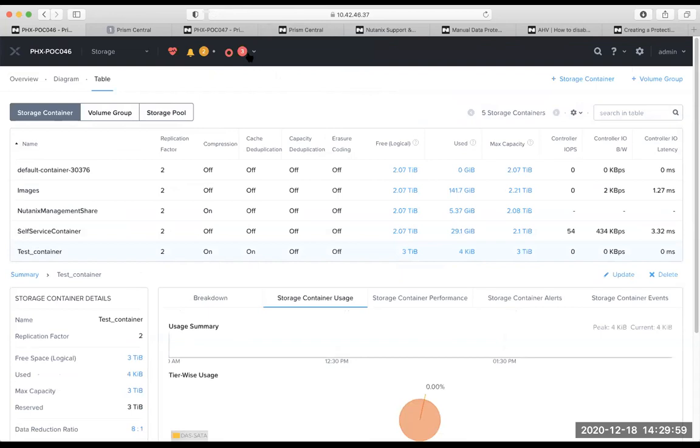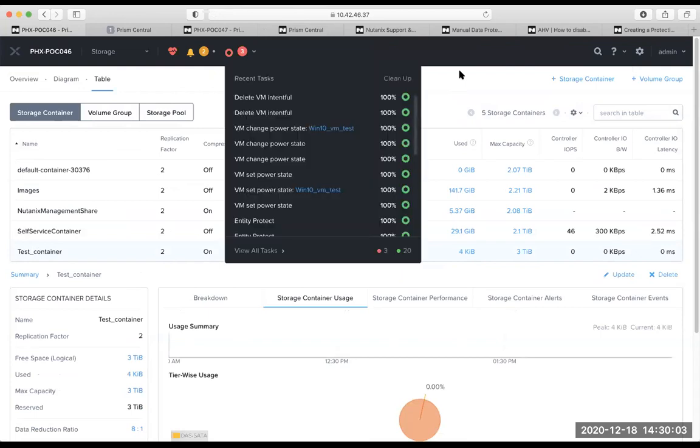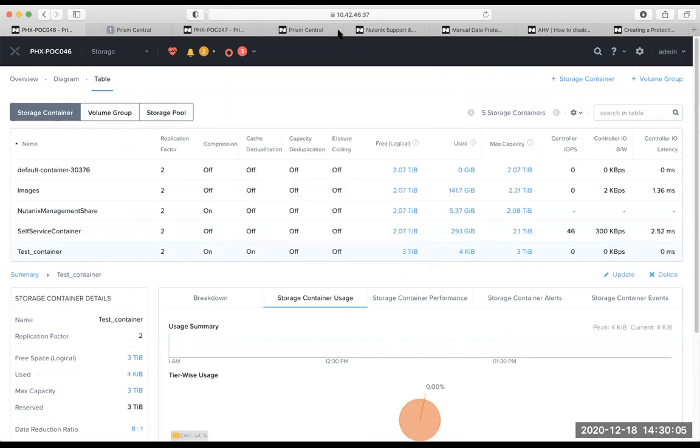When I take the snapshot of that, I'm assuming that it will not reside in the same container, otherwise it will fail because the container size itself is 1 TB. So you are saying that if your container is 1 TB and your backups are also getting stored in the same container of 1 TB, then the container will get exhausted.